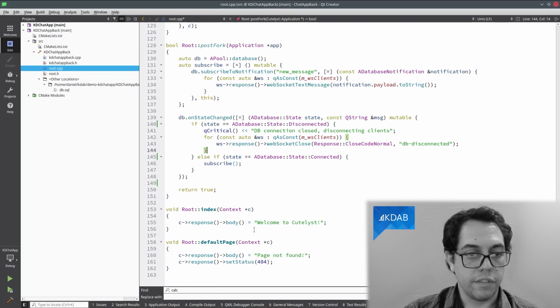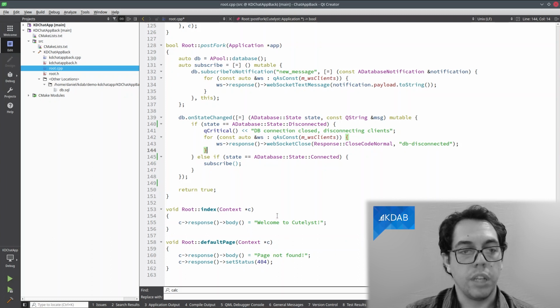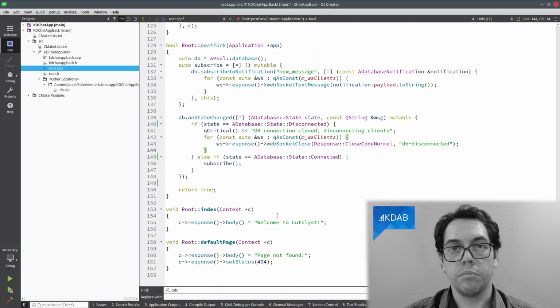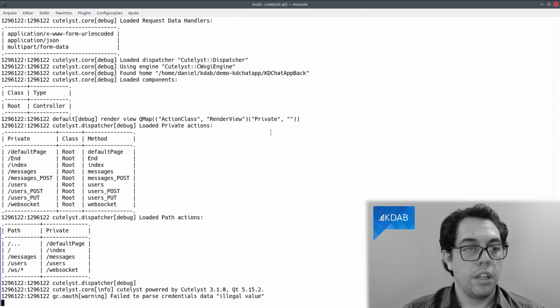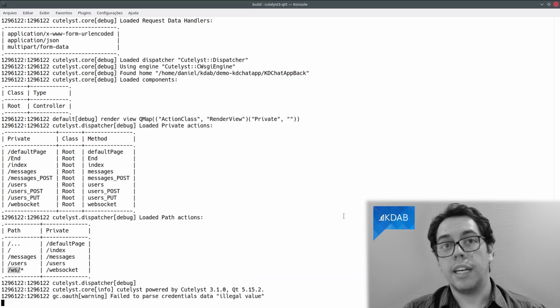And here we just have those blank methods created on when bootstrapping. You can leave it there so that you can test on a browser. So now when we start our backend, we can see the methods that were created. We have the internal methods here, post, put, and post, and we have the external paths where we have messages, users, and the one for WebSocket. Now let's take a look at the client application.